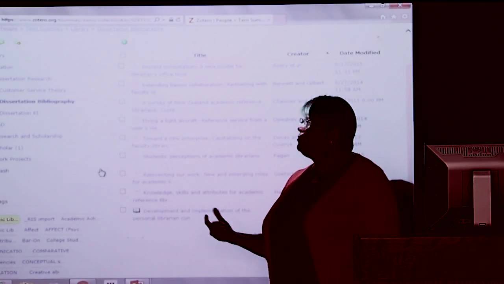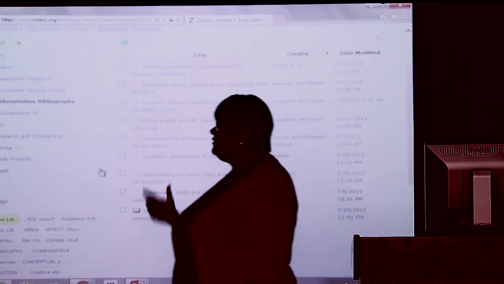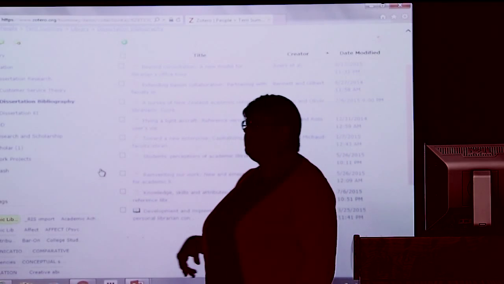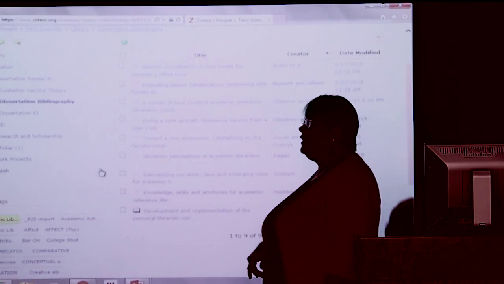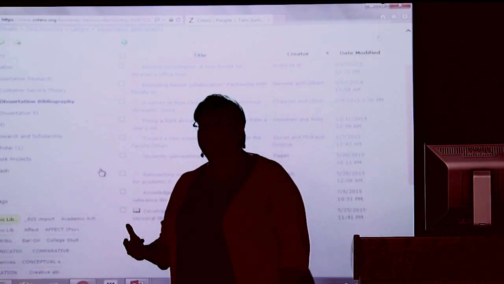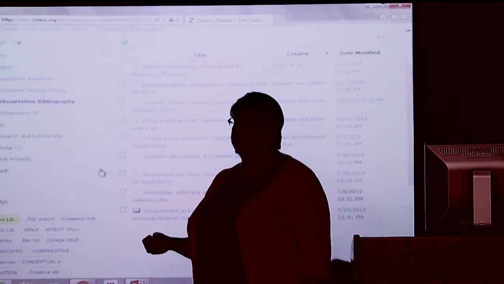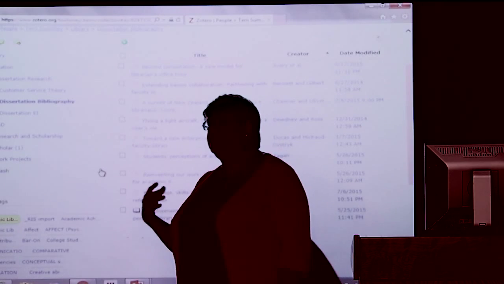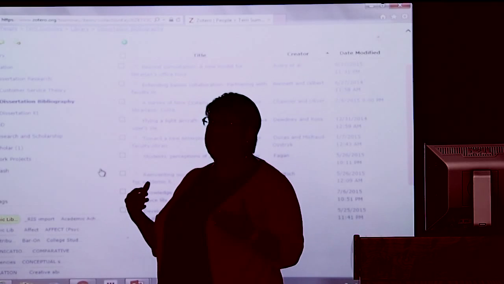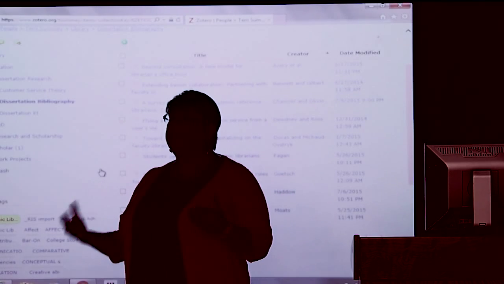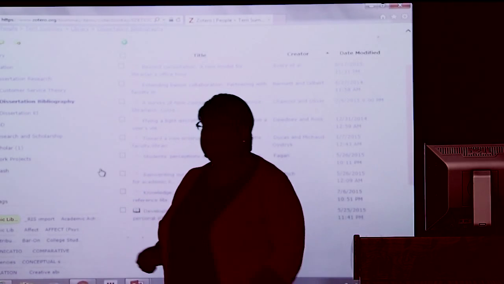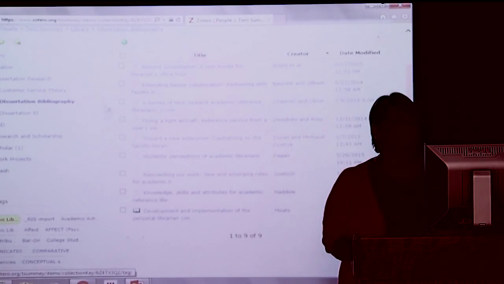Mendeley works pretty similar to this. It's also a free site that's available at mendeley.com. And then EndNote, we have a little differently. It comes through a couple of our databases. It comes through Web of Science, and so it's through Medline and Biological Abstracts.